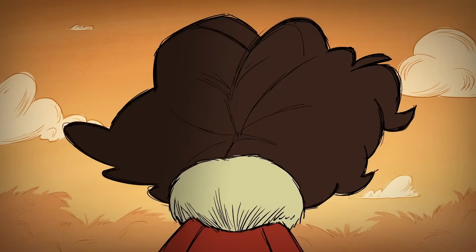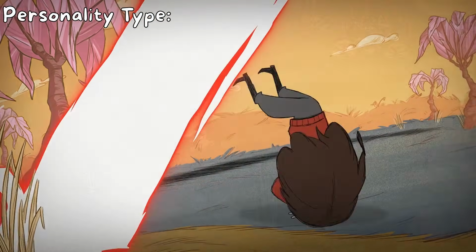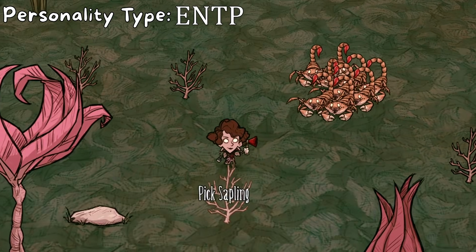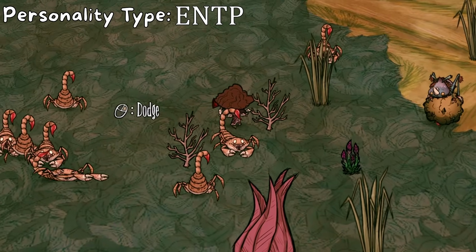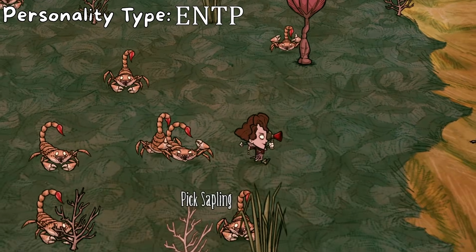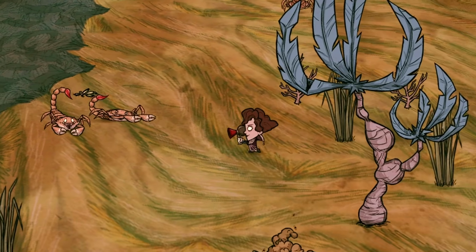So yeah, next up we have Wheeler, the adventurous type. Wheeler's personality type is ENTP. She's, well, an adventurer, and these traits best describe someone as lively and vibrant as herself. She has a tendency to be positive about most of the things she talks about in-game, and she appears to be very open to changes happening around her. As for morality,